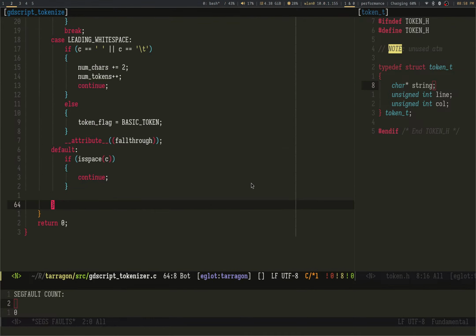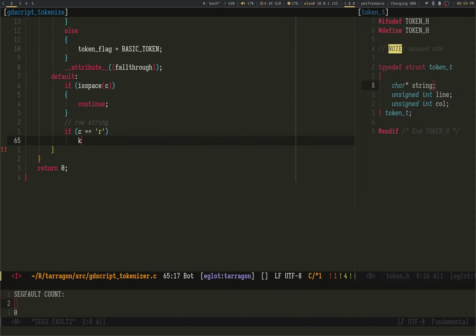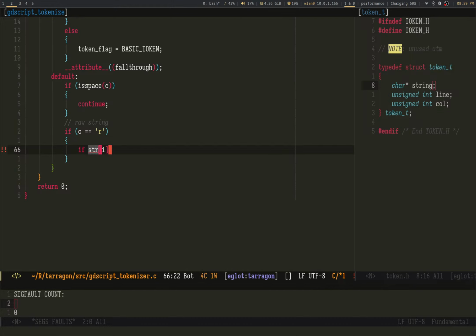So default is space. Don't care about spaces after leading white space, of course, outside of leading white space. Okay. For c is equal to r, this is gonna be triple raw string. C is equal to R, then pause. I'll figure out what pause is, and I'm probably going to manually iterate I forward a bit. Let's see. What do I care about?